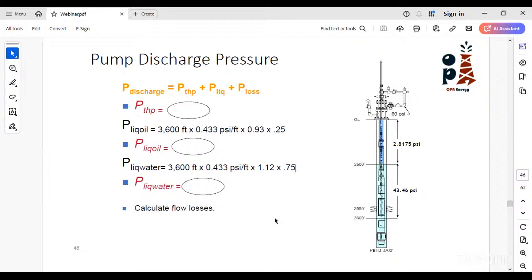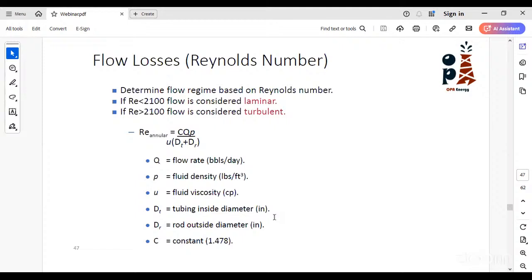Then after that, you now have two parameters, the tubing head pressure and the hydrostatic head. The third parameter is the friction loss. The friction losses can in many cases be negligible, but to be precise, we can calculate our flow losses or friction losses, of course, depending on the Reynolds number. And we all know, I don't know if someone doesn't know about the Reynolds number, it is a very important equation in fluid mechanics.